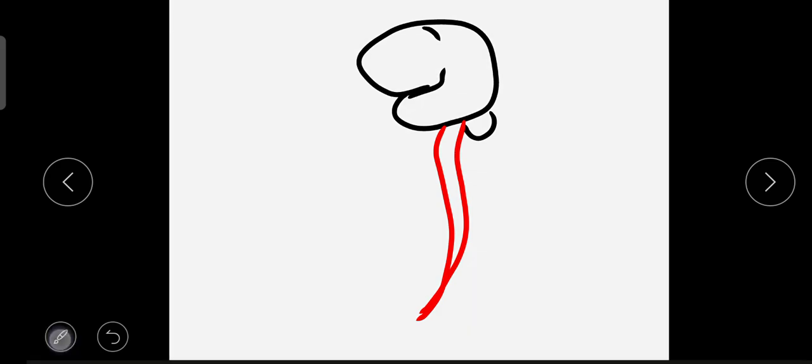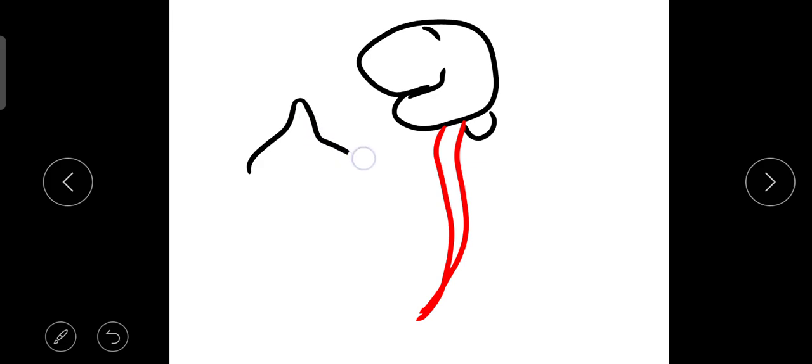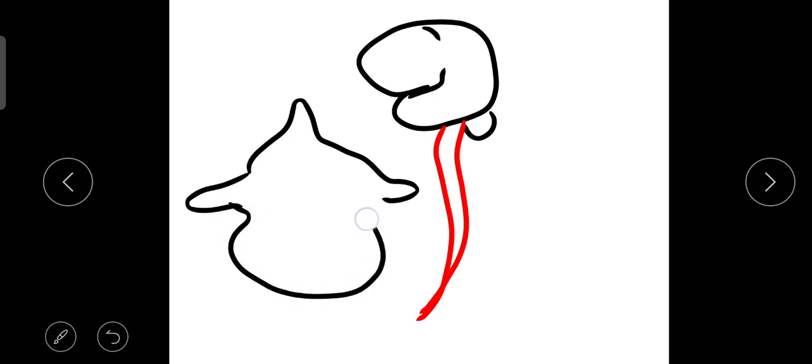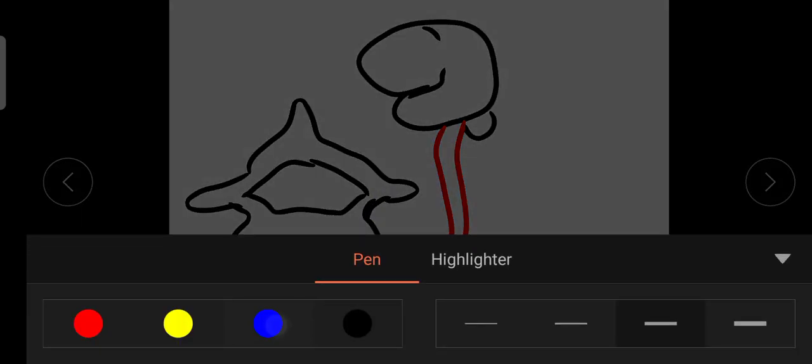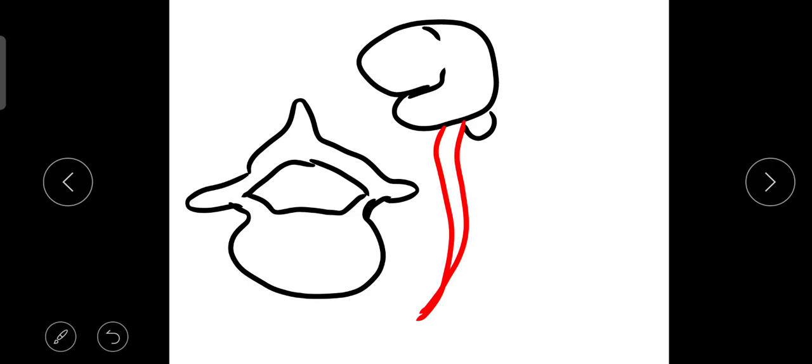I'll draw and show you how it is occupied within the vertebral canal. Here I'm drawing a vertebra, roughly, with the two transverse processes. Then we have the body here. This is the neural arch, and we have the pedicles joining the neural arch with the body. The area within this particular arch and the body is termed the vertebral canal, and the spinal cord will be lying within that. So these are the basic things you should know about the introductory part.